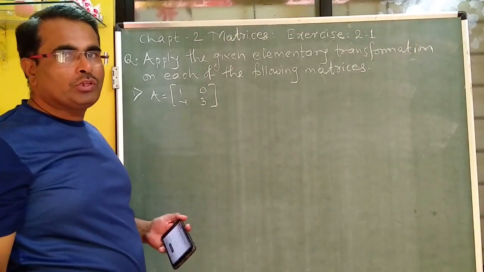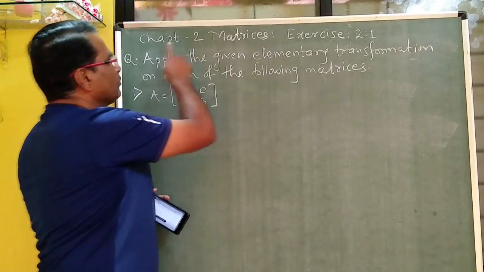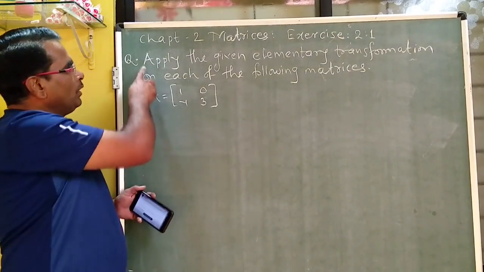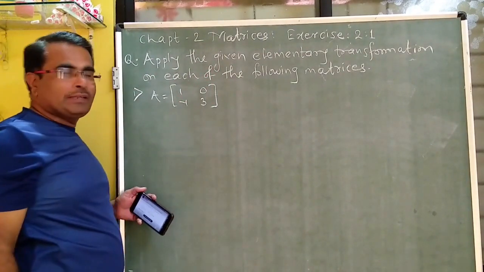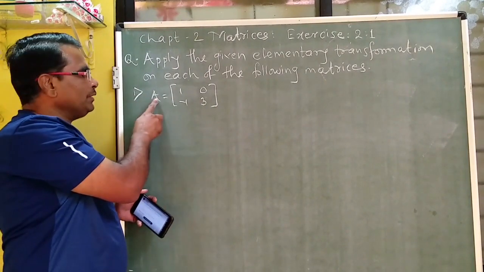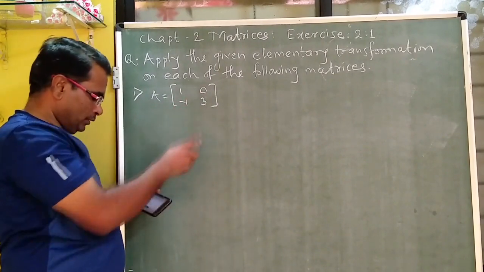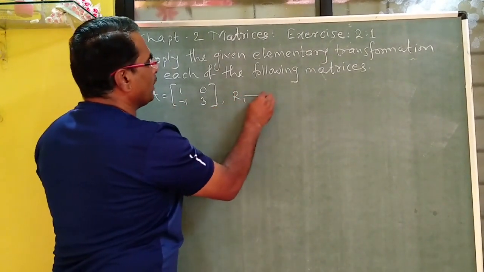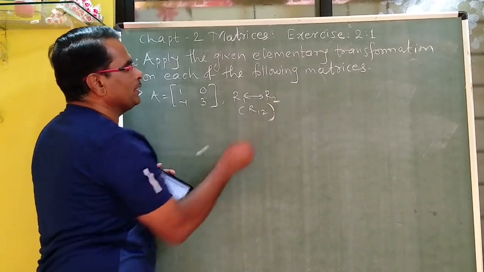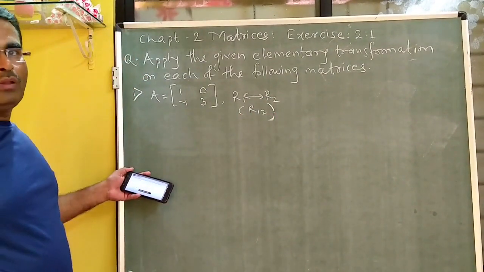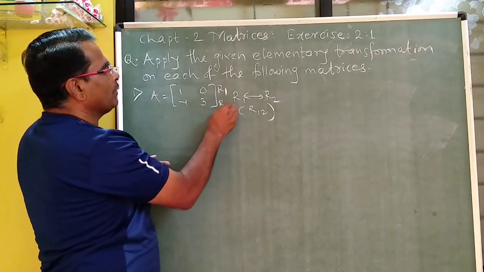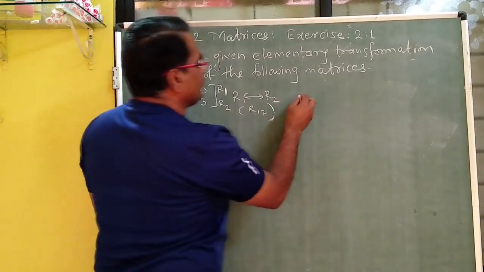We are going to consider the solution of exercise 2.1 from the second topic, matrices. The question is, apply the given elementary transformations on each of the following matrices. Suppose the first question is A is equal to [1 0; -1 3], and the operation given here is R1 and R2 interchange. We know that this is also denoted by the notation R12. Now, to consider this transformation, it is clear that this is R1 and this is R2. We have to interchange them, and therefore